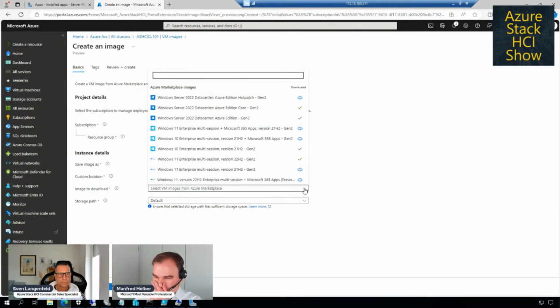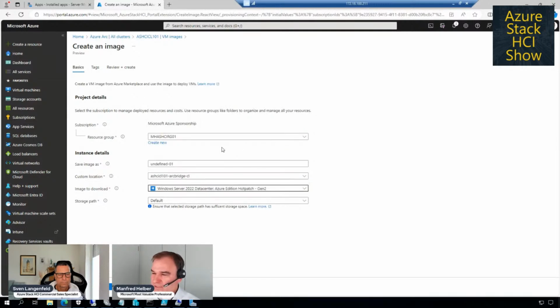So I could choose, for example, the Windows Server Data Center Azure Edition hot patch, a new edition. This is actually not stored in my resource bridge. And I could download this one from the Azure portal, from the Azure gallery to my local resource bridge.